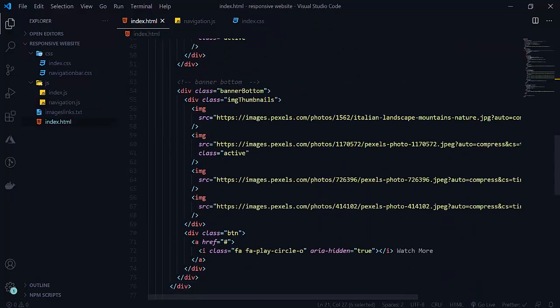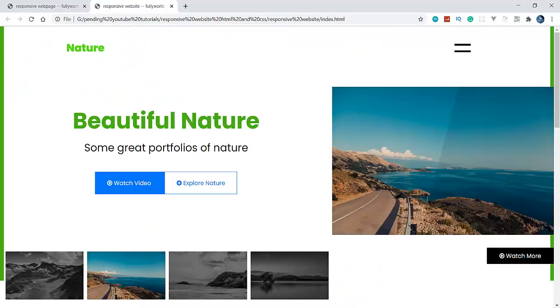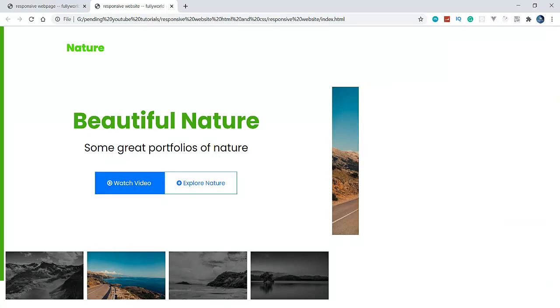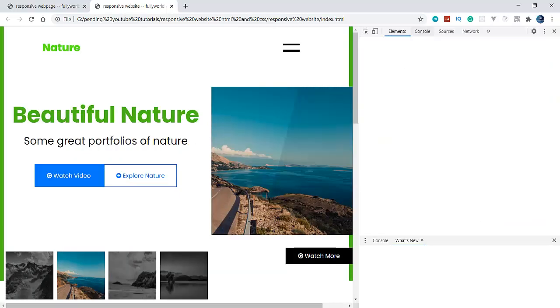So let's apply our navigation.js here as well. Let's inspect element and go to the debugger tool of this Chrome browser. It is not opening. It is opened successfully now. So go to console here.